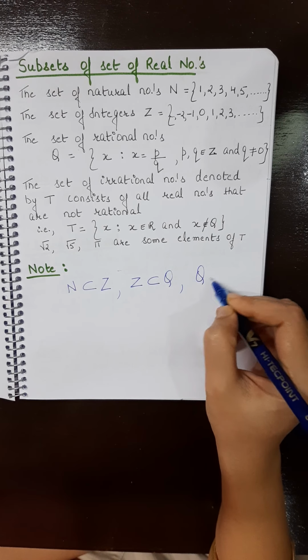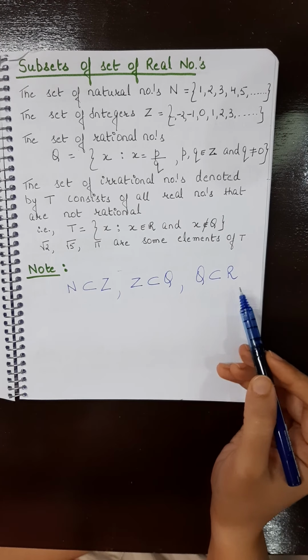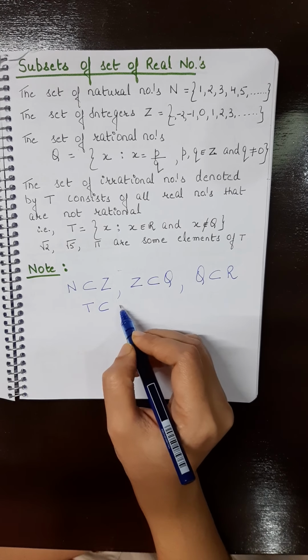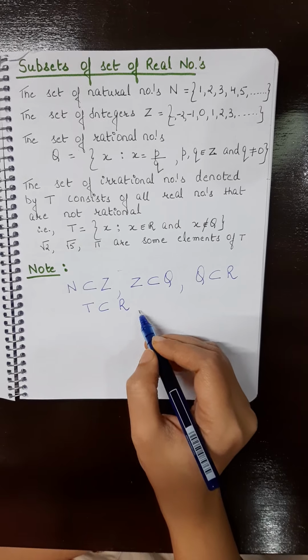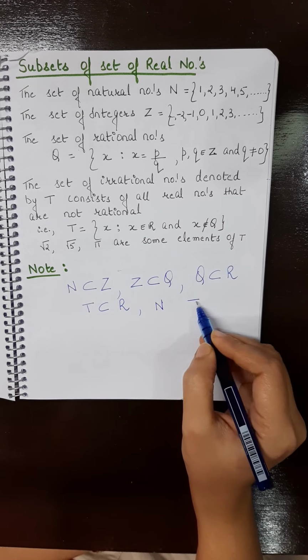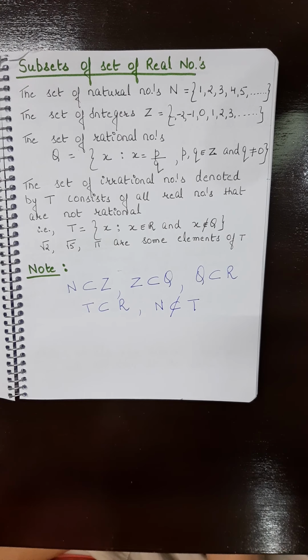Now next, can I say that Q is a subset of R? Yes, every rational number is also a real number, and the set of irrational numbers is also a subset of R. Now what about N and T? N is not a subset of T. N is not a subset of T. A natural number cannot be an irrational number, because natural numbers are basically